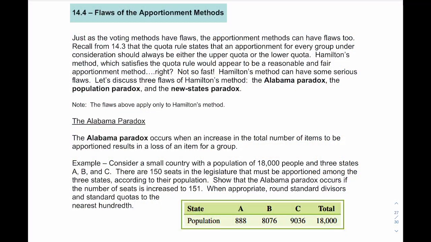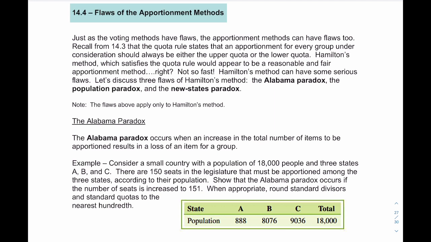Hi everyone, and welcome back to 14.4. We're going to look at flaws of the apportionment methods. Just like there were flaws in the voting methods that we looked at, we discussed apportionment methods in 14.3, which was how to fairly divide up things. And we're going to focus on one of the flaws of those apportionment methods. We're going to specifically look at Hamilton's apportionment method, and three flaws or paradoxes that occur with Hamilton's